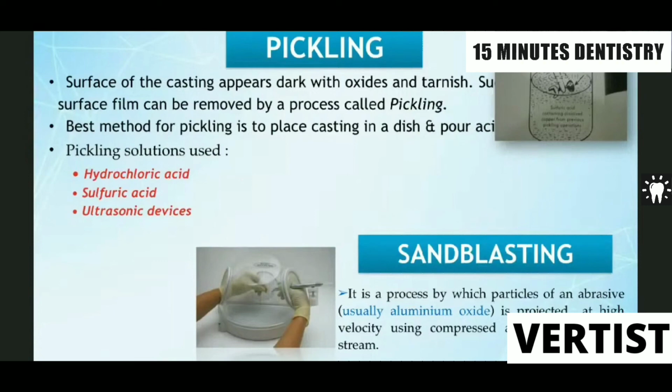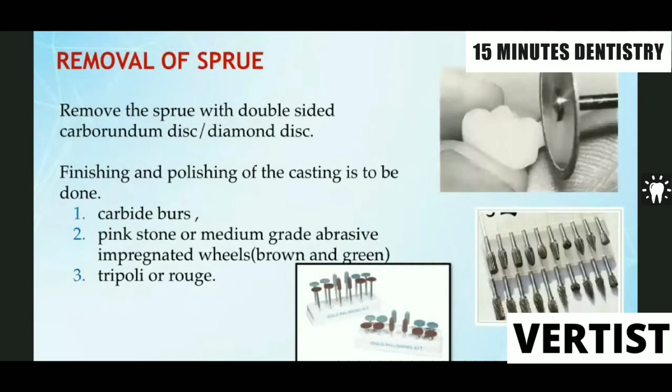Now you can also use sand blasting, where you will use aluminum oxide, and you use around 50% sulfuric acid or hydrochloric acid for this pickling purpose, where the casting is dropped into the liquid. And after you finish with your pickling, it is clean, and then you are now going to remove the screw, which can be cut by using your carbide bars, or you can use stones and